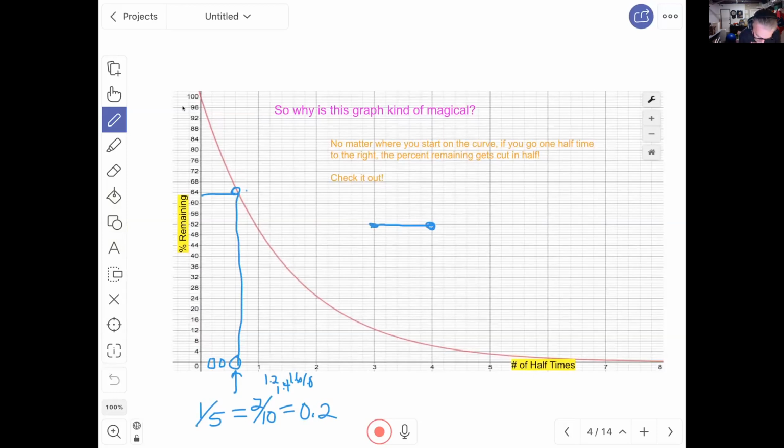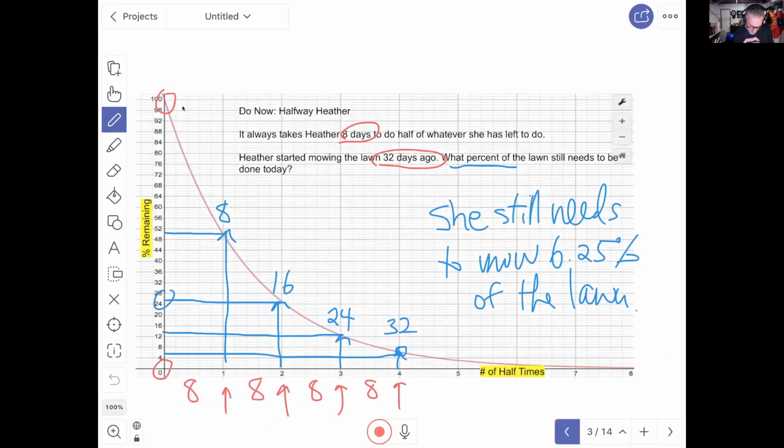So that would be 1, 2, 3, 4, 5. We would stop there. Now, this is right here, 1 half-time, and that corresponds to this number right there. And what is that? Well, that's 1.2, 1.4, 1.6, right? 1.6